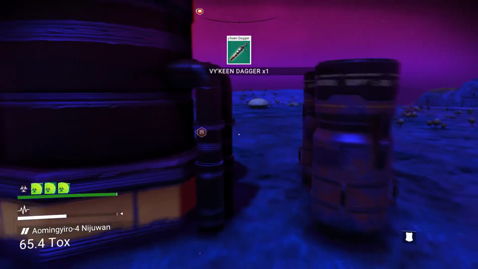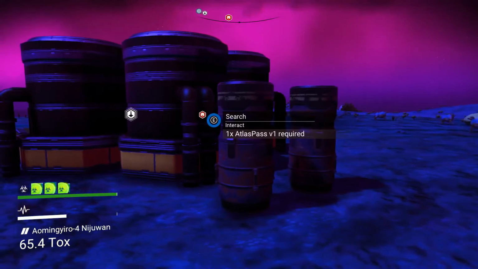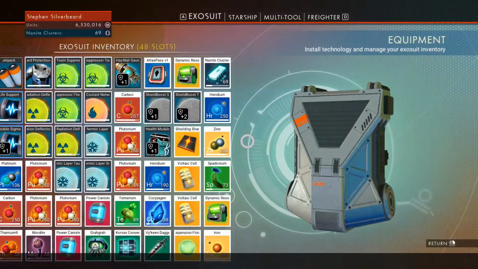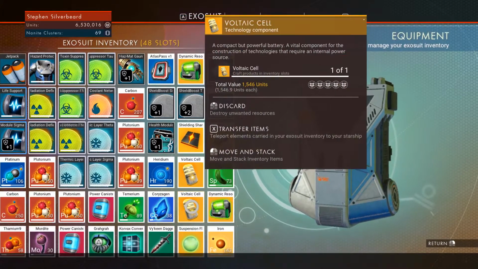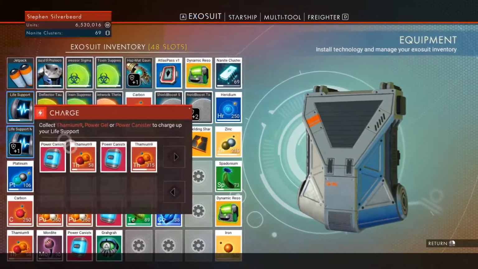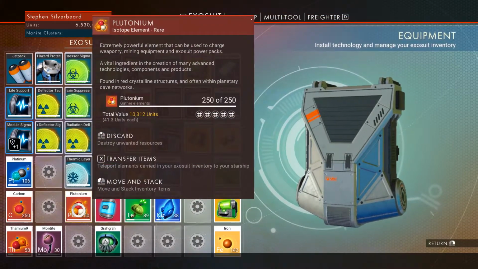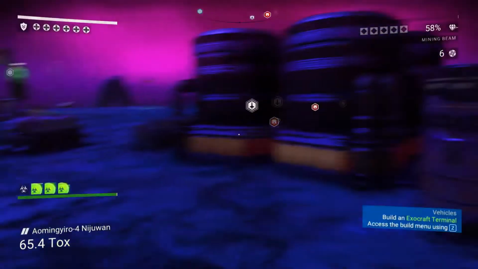So I'm filling my inventory up with lots and lots of junk. Okay, let's suspension fluid. Yeah, I should have known that was going to happen. Wow, God, we've got a lot of junk in there. I think the voltaic cells can go up to the ship. And I think we can. One of these can go to the ship. We don't need to actually. Probably a lot of that can go. Okay, let's